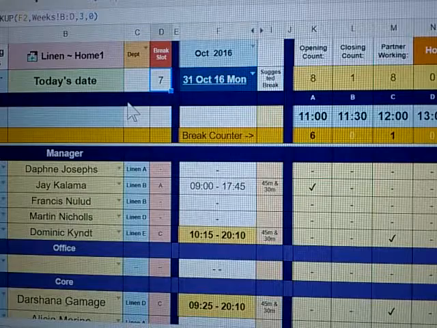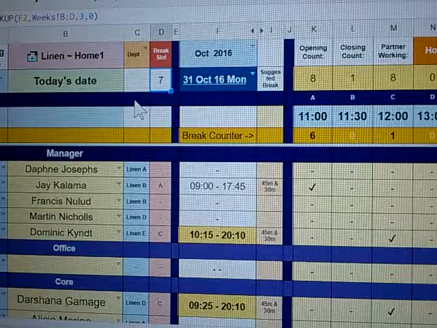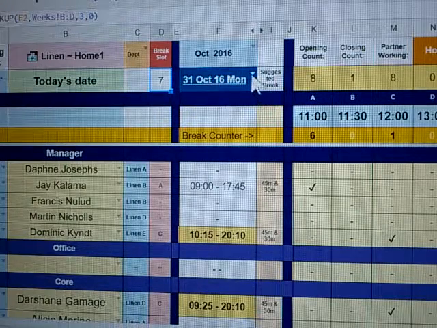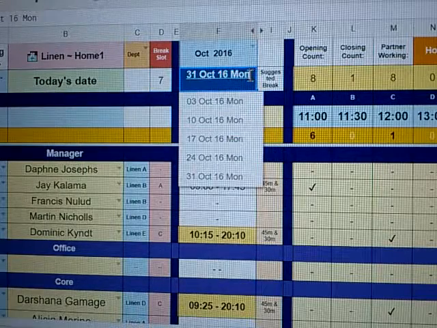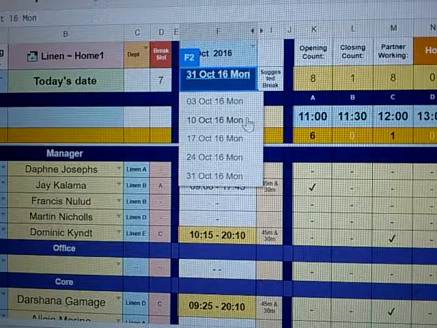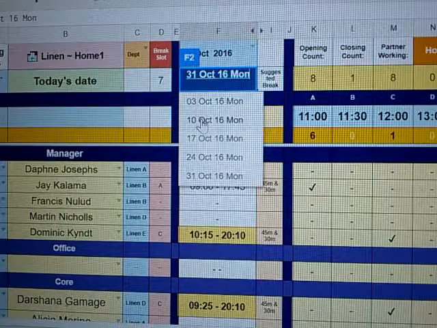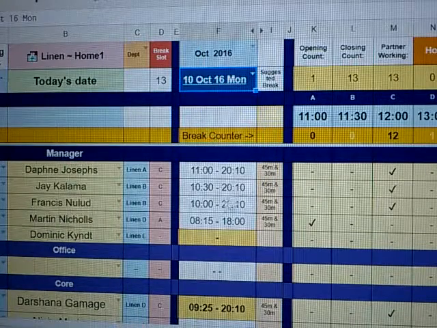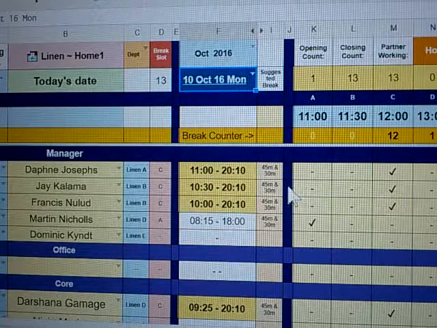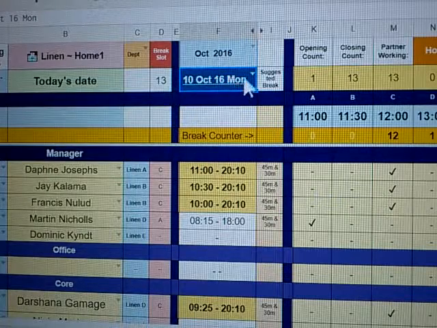I have completed the brake calculation page and it seems to work fine. So I got a Monday tab. It actually picks 5 different Mondays from October. So you see this is a 7, and if you just click onto it, you see all the people's break changed. Of course I haven't really synchronized it, so the breaks are actually spread out, but if I just